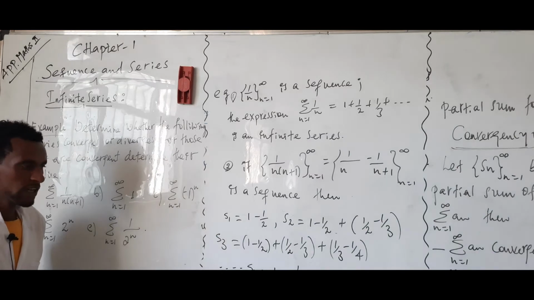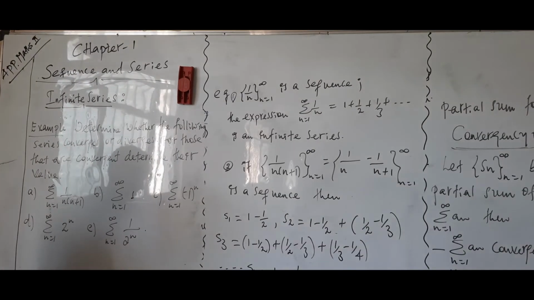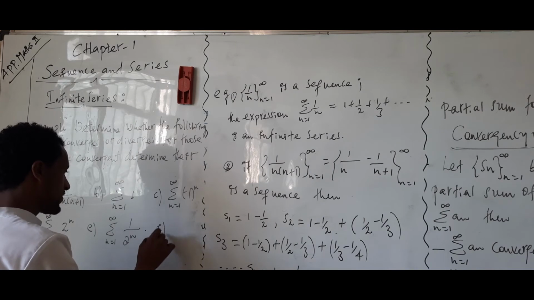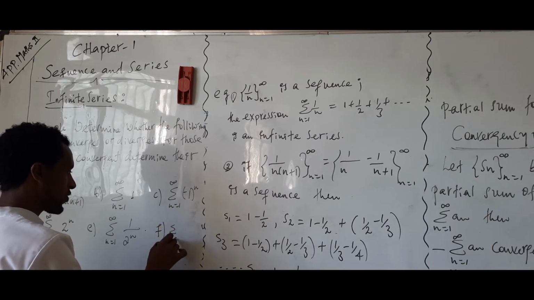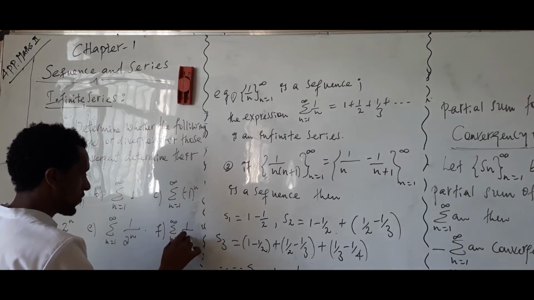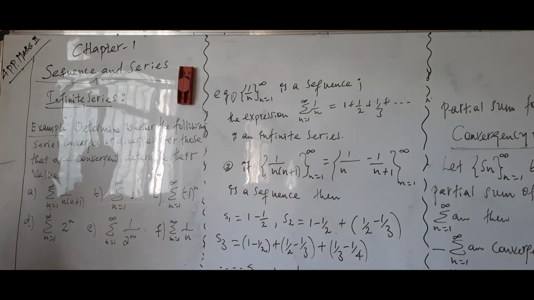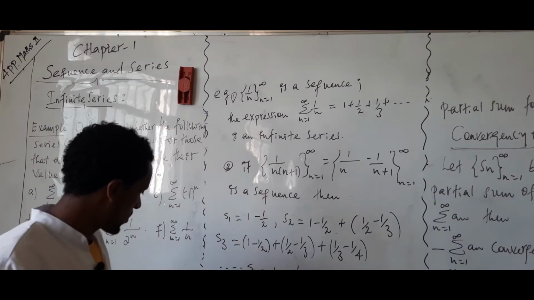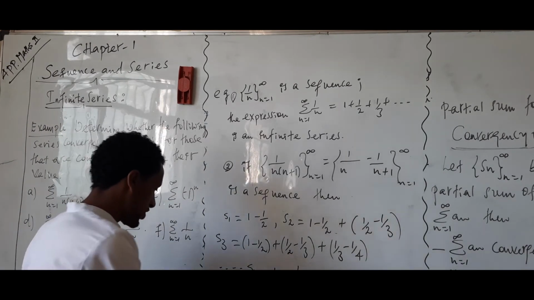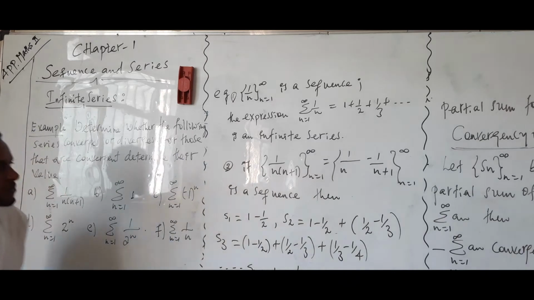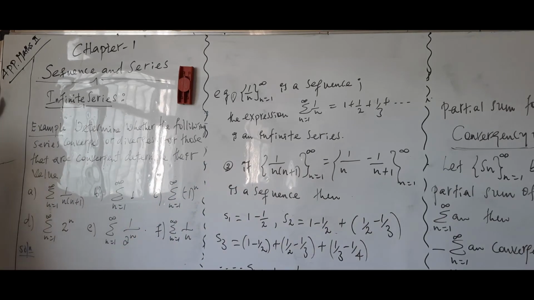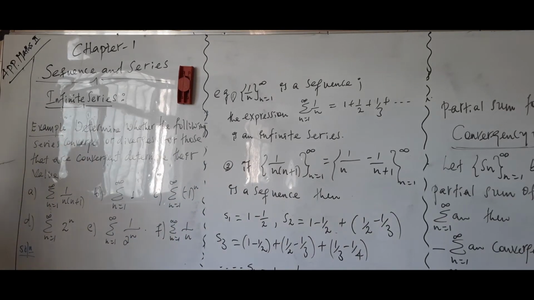Now let us determine the convergence of those series, if say the sum n from 1 to infinity of 1 over n. Now let us see the convergence of this series. Let us see the first one. As we have tried to see here,